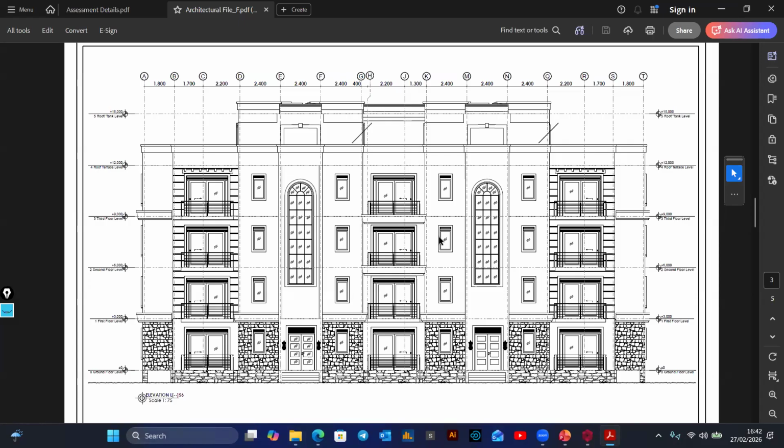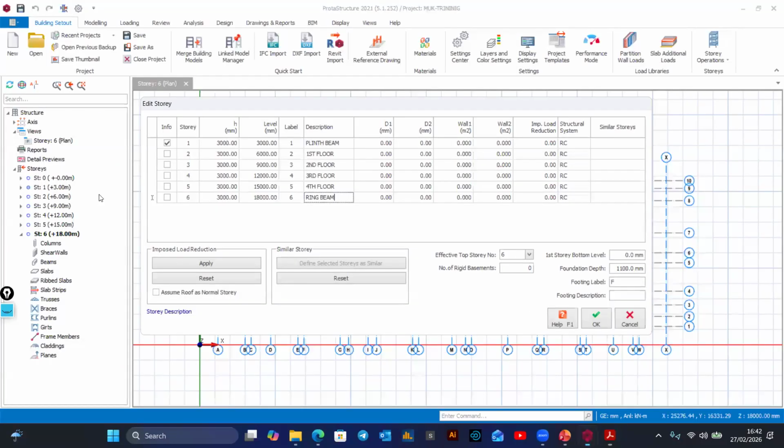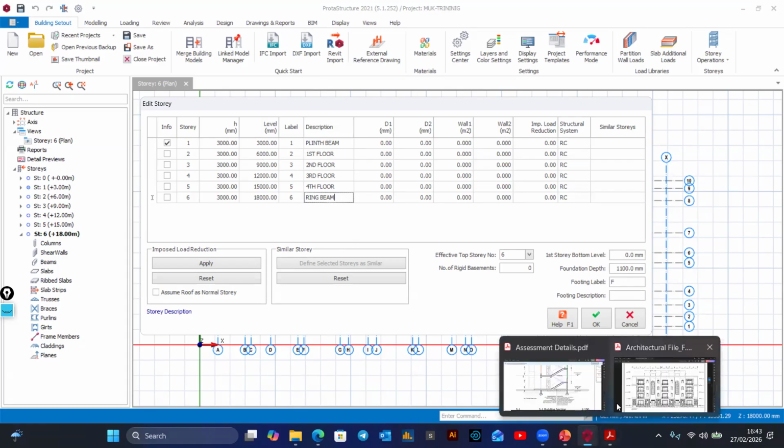I'll explain that. So we are all on the same page. So ring beam. Then after that, you see at this level,